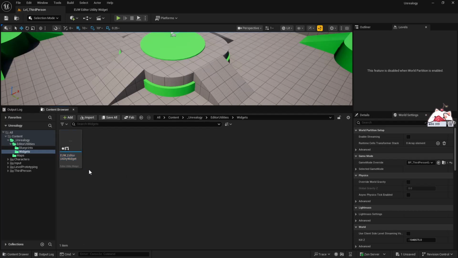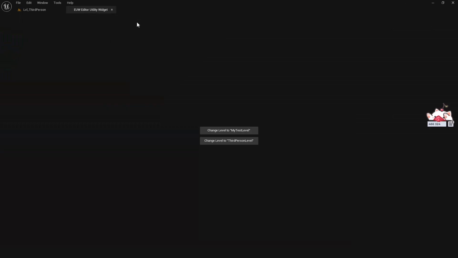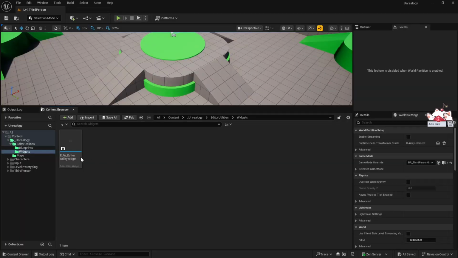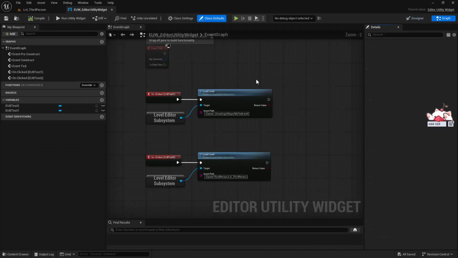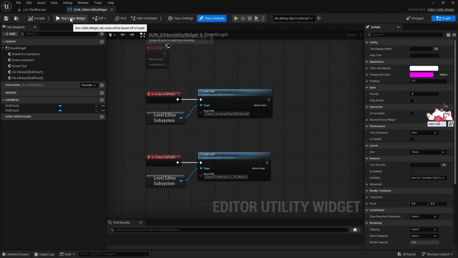Now I think that might be useful for your full screen kind of editor utility tool for your game. So yeah, that's that. Also, there's another option that you can change, this tab name here, right? If you want a different tab name for when your Editor Utility widget is run, there is this tab display name under the class defaults, right? If you go to this class defaults, there's this section called config, and if you